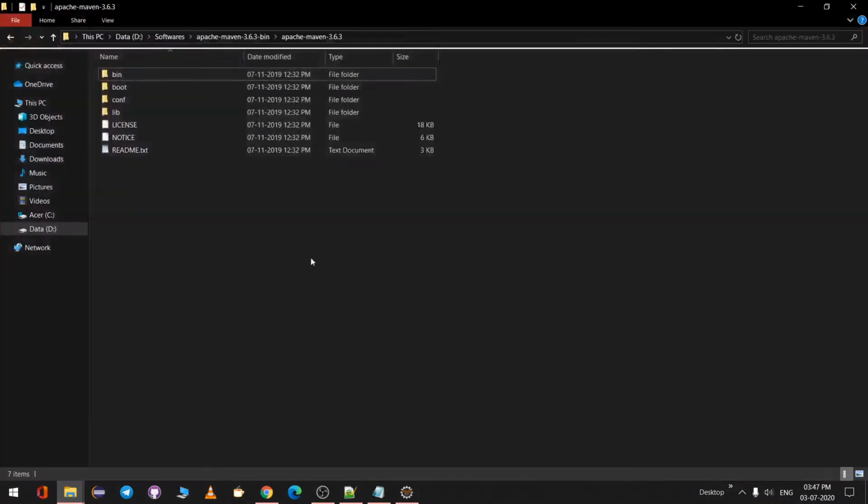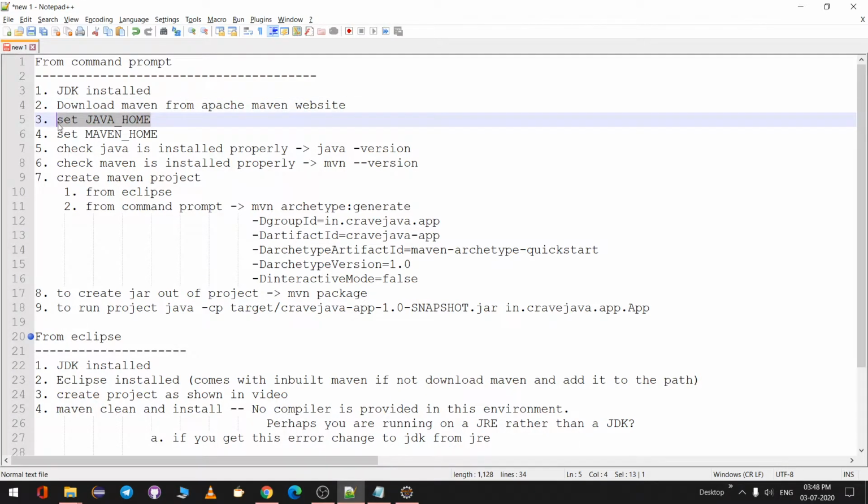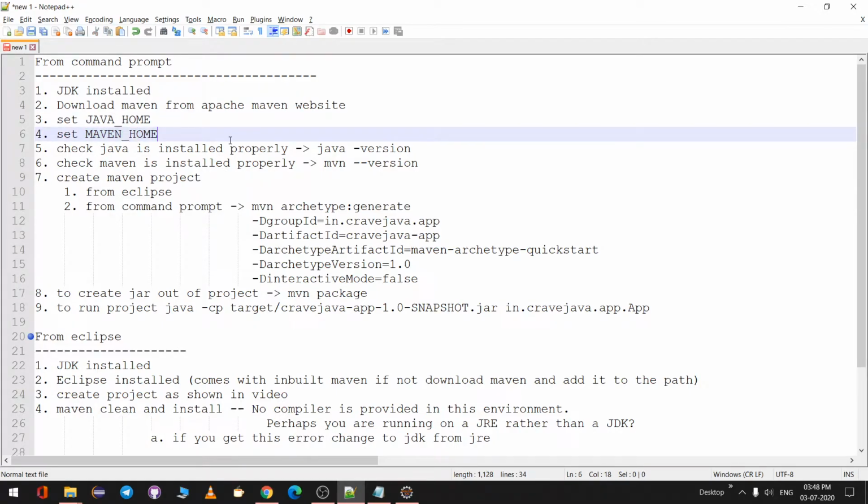So if you go here, D Softwares, Apache Maven, this is the path I have downloaded and extracted the file. So the second step is done, and the third and fourth step is creating a system variable, adding it to the class path. So we have to set Java home and Maven home in our environment variable.